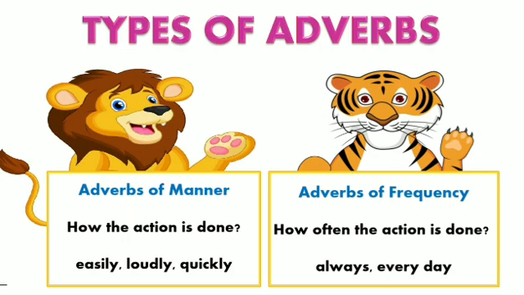Okay. Then comes adverbs of frequency. Adverbs of frequency tell you how often you are doing an action. For example, if I say I go to school regularly or I go to school every day, the action which I am doing is that I am going to school. And which word is telling you when I am going to school, every day or regularly? It means how many times are you performing that action? The words which tell you how many times you are performing the action are the adverbs of frequency.